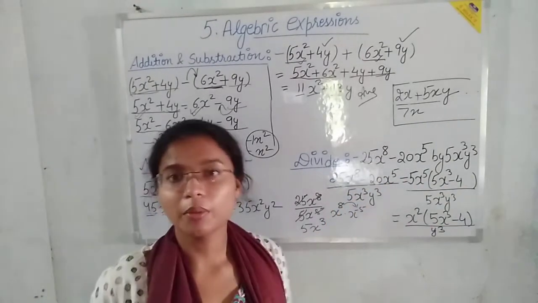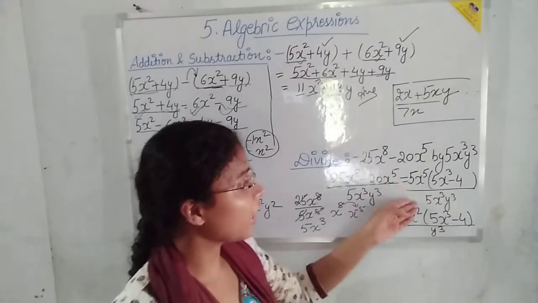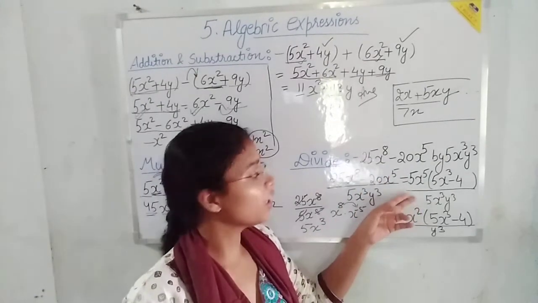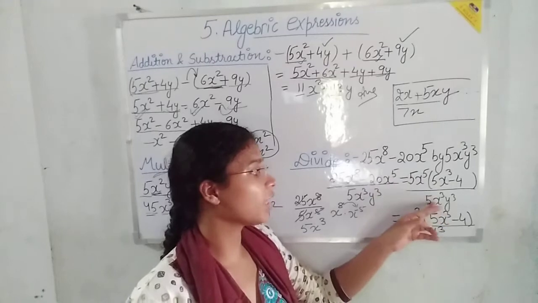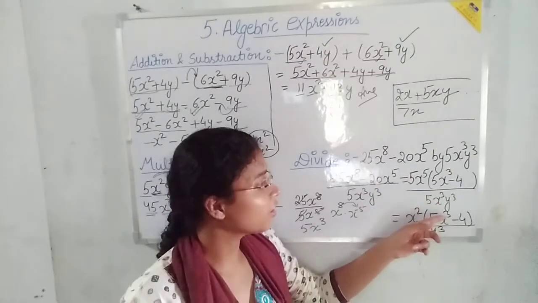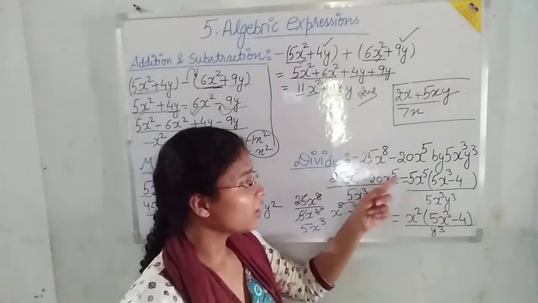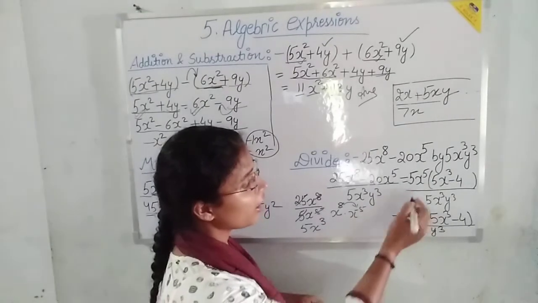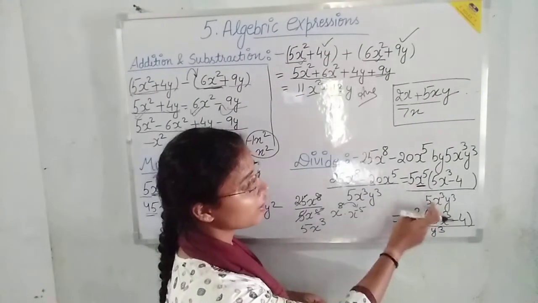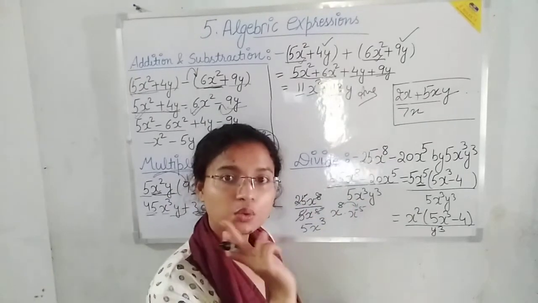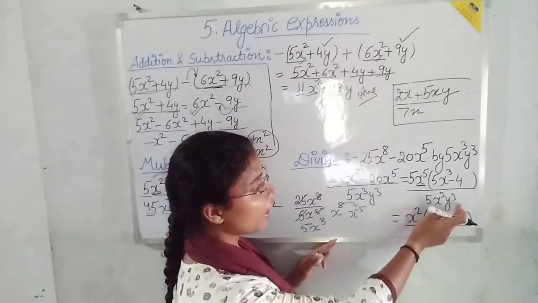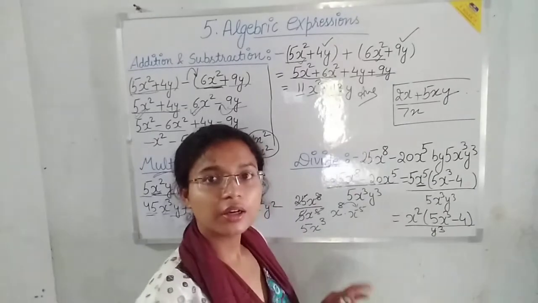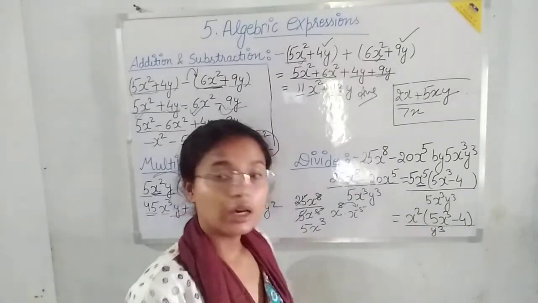Now in the denominator it will be the same. Now you can cancel 5 and 5. Here is x to the power 5 and here is x to the power 3. You can cancel them. Y cube will be as it is. When you cancel, x square will remain in the numerator, and in the denominator y cube will remain, and this will be your answer.